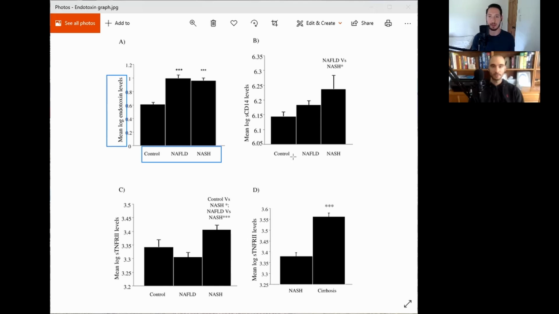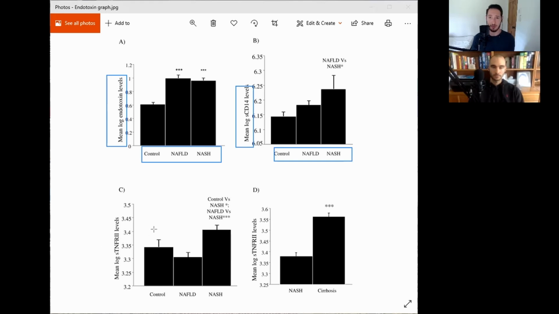Steatohepatitis, right? Which is the liver inflammation. So we're seeing the increase in endotoxin levels. As the disease progresses, we're also seeing increases in these defensive responses, right? So that was the SCD14. Yep. We're also seeing